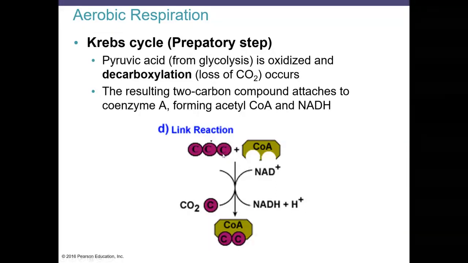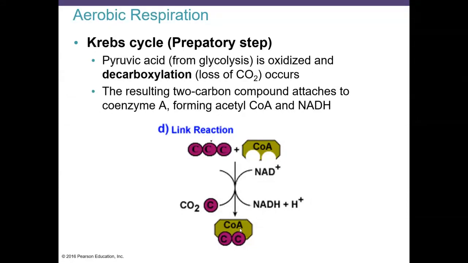So this is that pyruvic acid, or pyruvate molecule, and it's going to combine with coenzyme A, and then that's going to release CO2. That's where the CO2 comes from that we breathe out or bacteria give off when they're going through respiration. And again, NAD plus is going to convert to NADH. And we utilize these molecules later. Just keep in the back of your mind that these things are being made. So we don't make ATP in this step, but we do make an electron carrier, and that's important. And also we convert this to acetyl-CoA, which is this molecule here